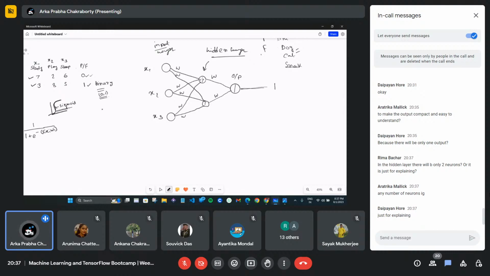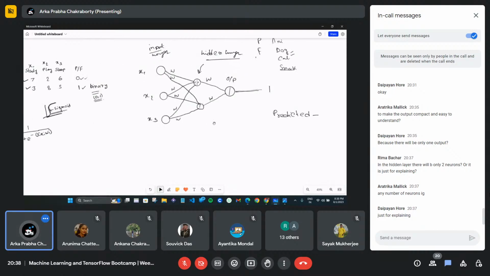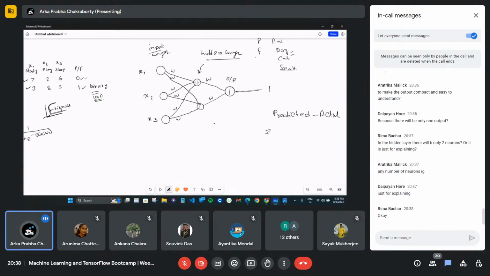Is my model not efficient enough? If you calculate actual minus predicted, I'm just writing predicted instead of predicted output for short, what will be my value? 1 minus 0. The difference is 1.